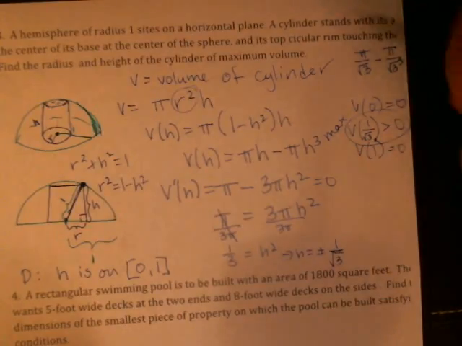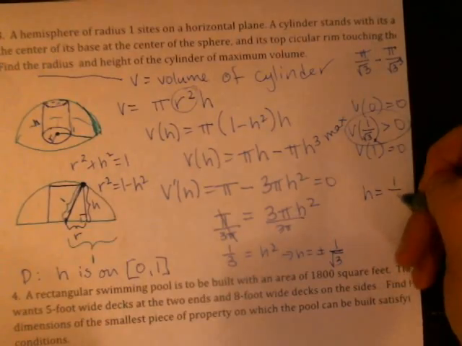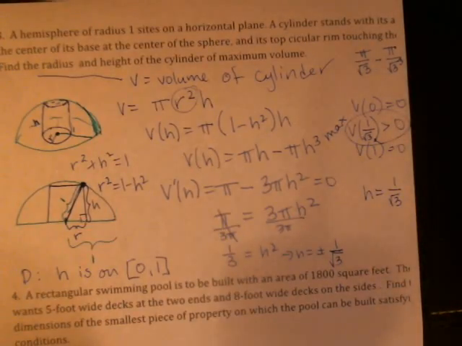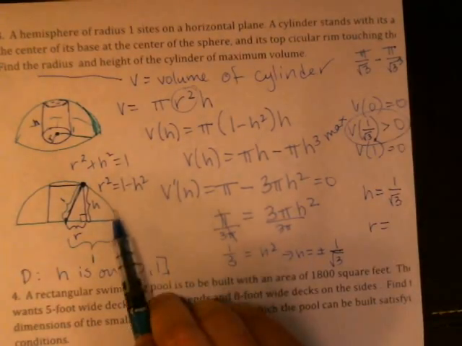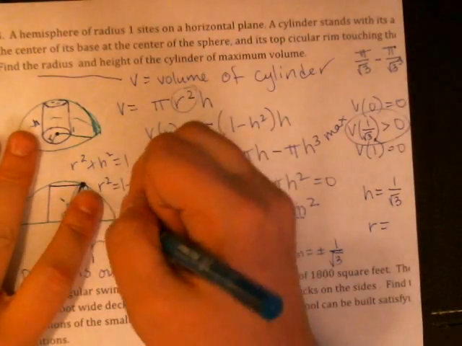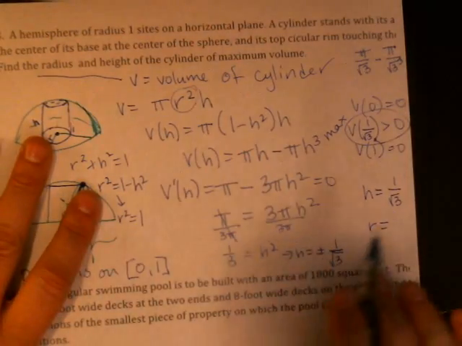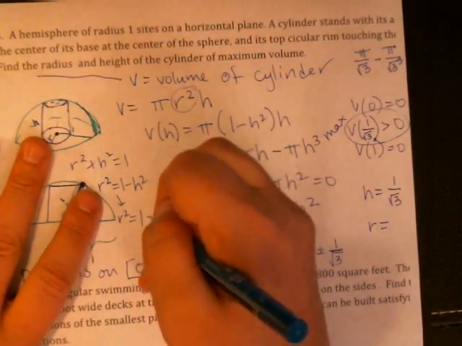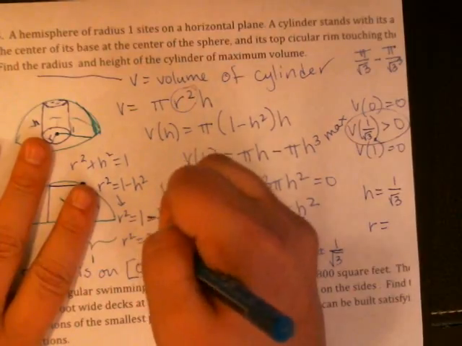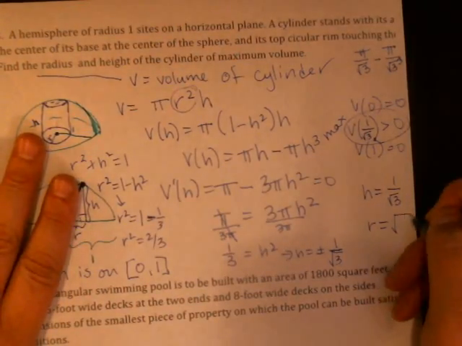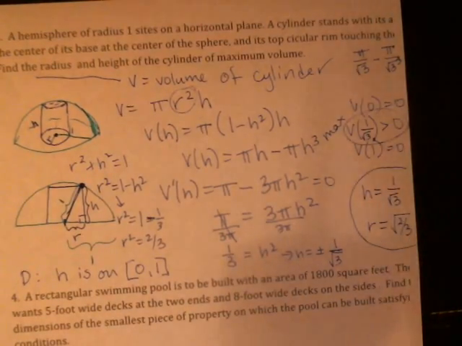So going back to the question, it was find the radius and the height. So now I know that the height should be 1 over root 3. And do we have units? No. The radius, we'd have to go back to this formula. So we could say for our specific answer, r squared is equal to 1 minus the square of this. The square of 1 over root 3 is 1/3. So r squared is 2/3, which means r is root 2 over 3. Again, we can ignore the plus minus because radius shouldn't